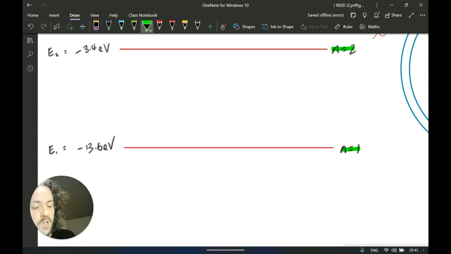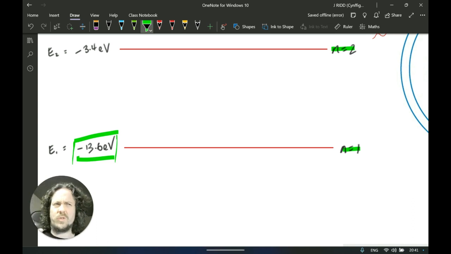Now, you might well be asking yourself, why is this minus 13.6 eV? Why is it not just 13.6, or why is this not 0 and then it has to get up to 13.6 eV to leave? Well, it's a good question, but the way I want you to conceptualize it is by considering this to be the amount of energy required for an electron to become ionized or escape an atom, a bit like with the photoelectric effect. And as such, it's the amount of energy that needs to be overcome.